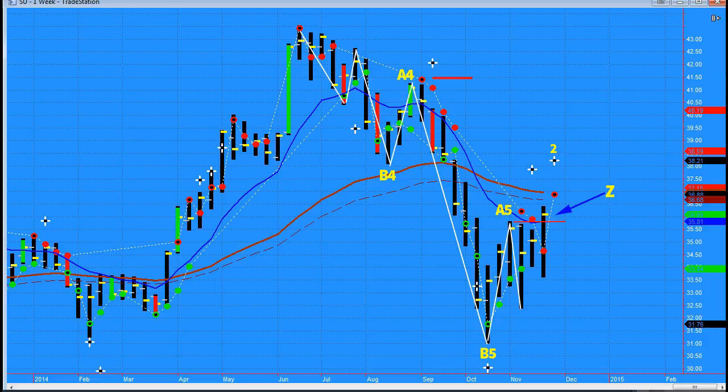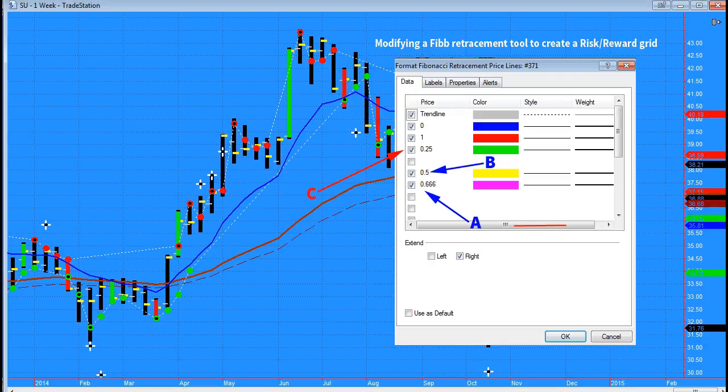In the absence of a tree bar or clock generated target, what does one do? We recommend using a trend dynamics based quadrant target. In the second training video titled How to Define Risk Reward Opportunities, we described modifying a fib retracement tool to create a visual risk reward grid or risk reward calculator. Fib retracement tools are normally a standard tool for most charting software. Before, we modified the tool by adding the 0.50 and 0.66 as at A and B; now we add a 0.25 level indicated at C.